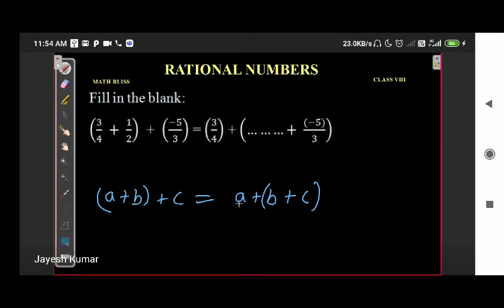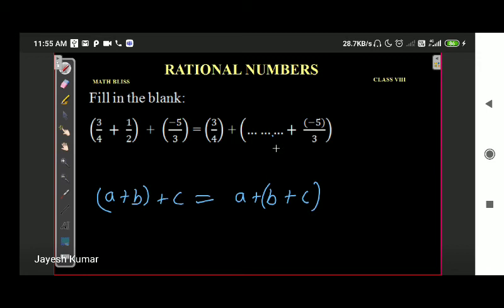As we will learn in future classes, the associative property is not applicable in subtraction but only in addition and multiplication. So what I'm saying is, even if I change the position of brackets, the answer to this problem is going to be the same. So what should be in the place of the blank, so that the answer of both the terms is correct? How do we determine it?